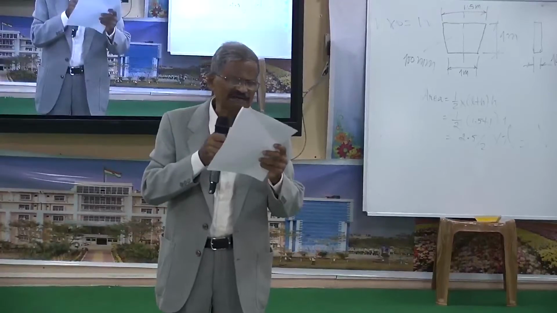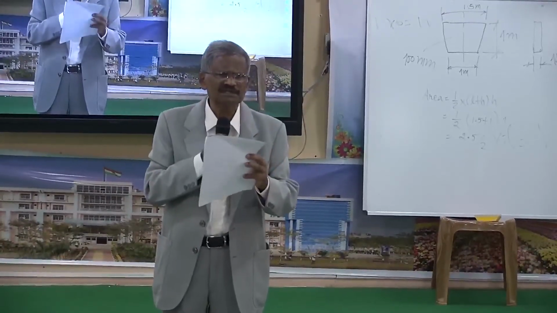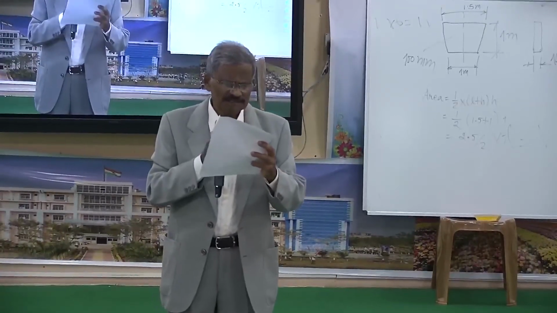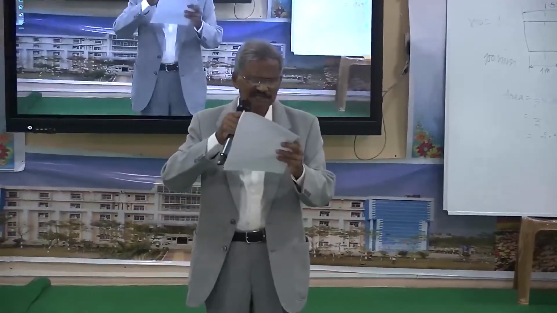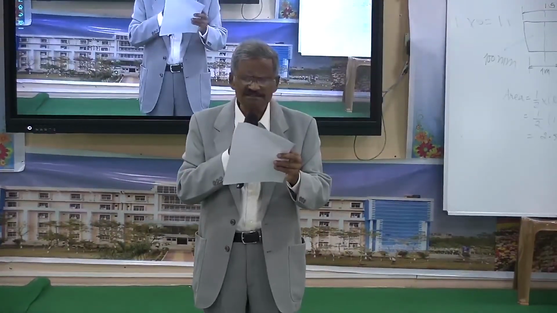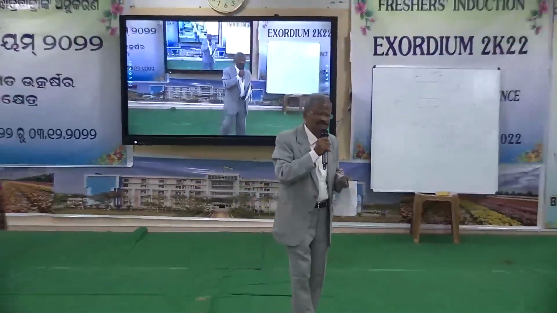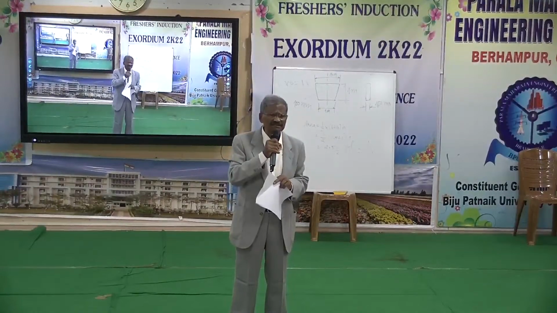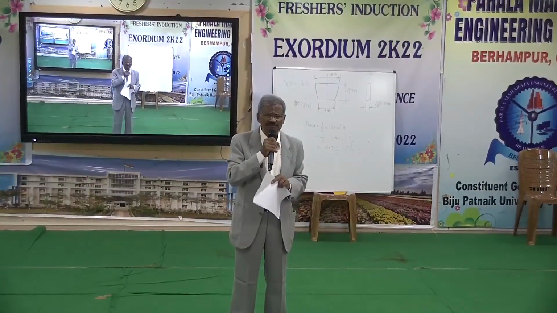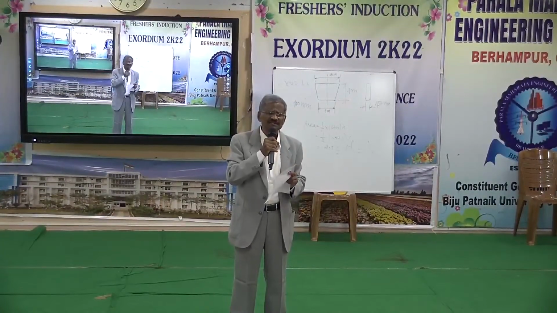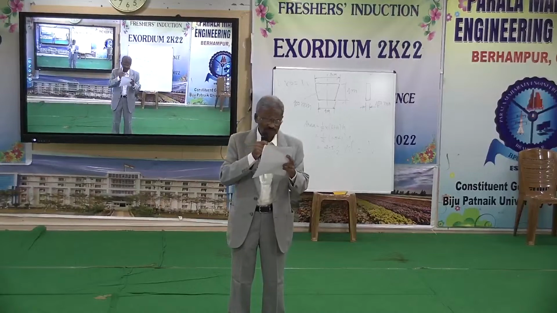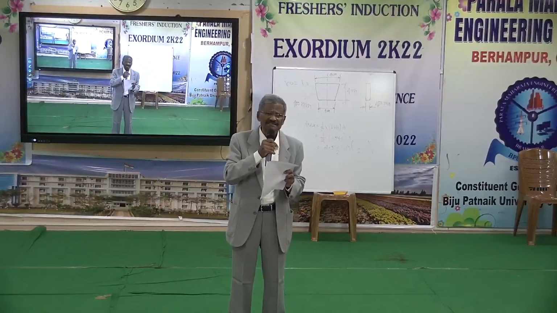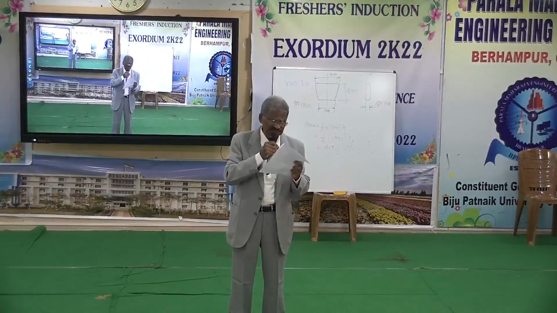In that chapter I have written all the types of crushers, working principle, strength analysis, drive calculation, power calculation and capacity calculation. Then the next chapter is on impactors. One such crusher is used in all the cement plants in the whole world, in all of India, for the production of cement. That is the world's best crusher. That is one chapter in my book. Then next is the ring granulator which I developed, 2000 tons per hour. That was the highest capacity coal crusher in the world that I have designed.